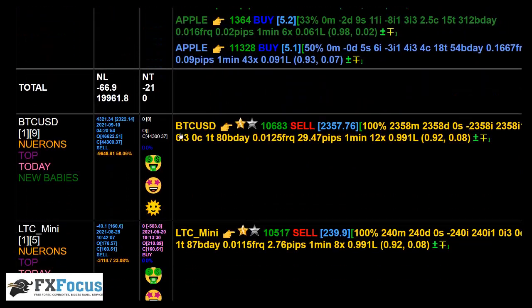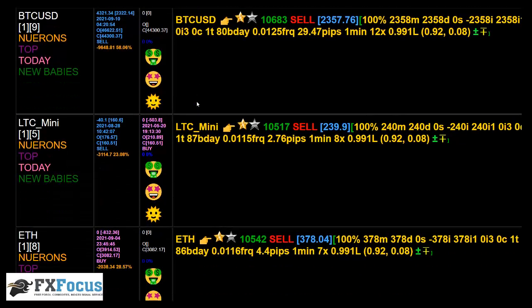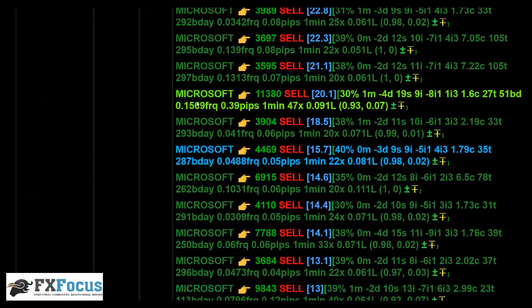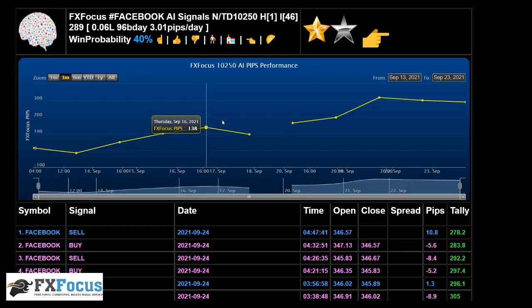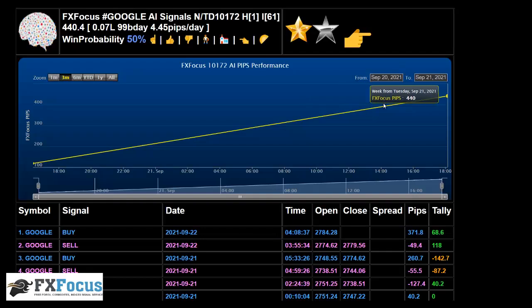We also got the cryptos, and crypto is a very interesting market, both real time and, yeah, very interesting. So there we can see McDonald's, what it's been doing. It's been holding steady, which is alright for now. Then we also have Facebook, so we bought Facebook on indices, on equities. And then we also have Google itself, the trade it's been doing when it chooses to buy and sell,